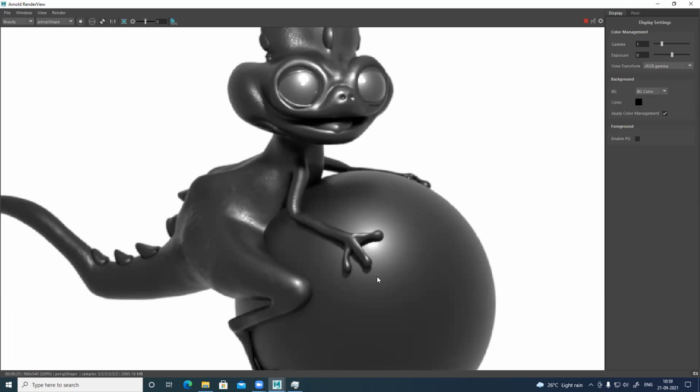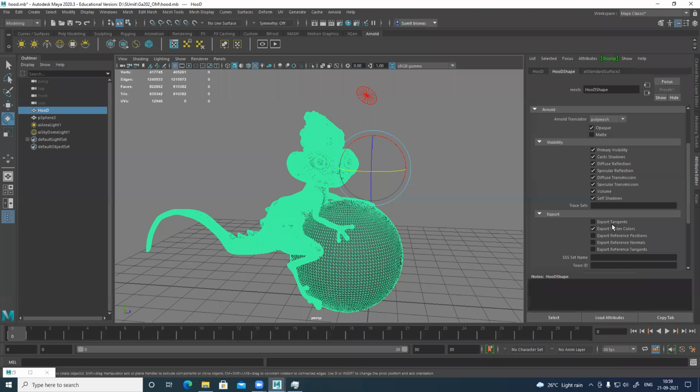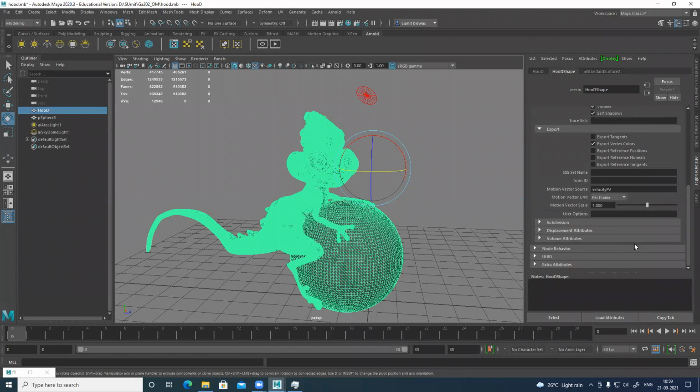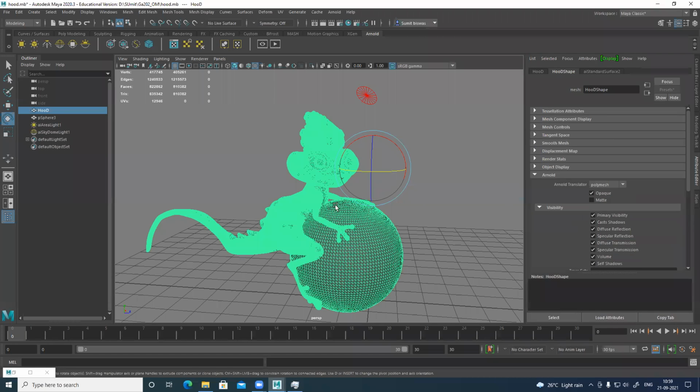I can change the lighting. I can use the background. I can change things and render it really nicely. I'll check. One thing I forgot. I guess I need to switch on something here. Forgot that. Okay, see it.